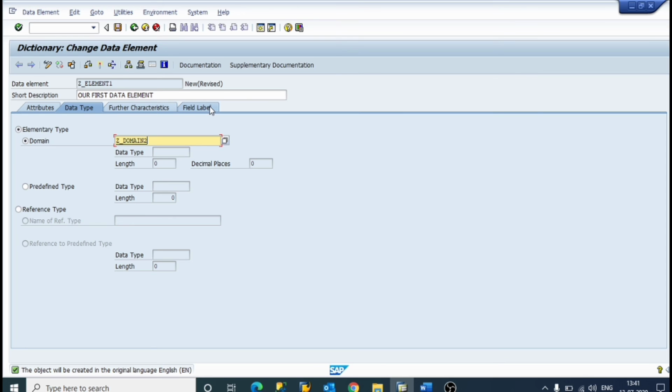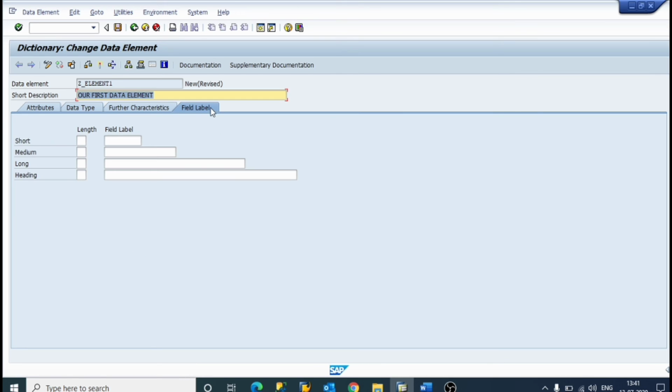So just we'll click on field label. In this we have to create short, medium, long and heading, length and field labels.